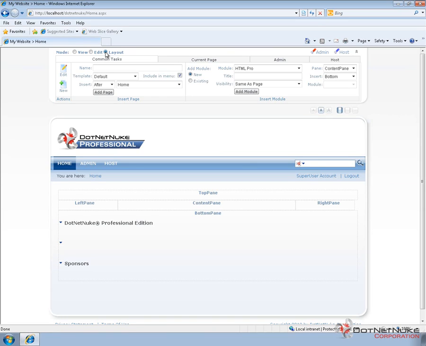What we can see when we switch into layout mode for the default skin in .NET Nuke Professional is that we have 5 panes available to us, and the names of those panes are shown with borders around the locations of those panes. As you can see out of the box, the home page in .NET Nuke has 5 panes with 3 modules, all of those modules inside of the bottom pane. So the layout mode allows you to see what's available to you